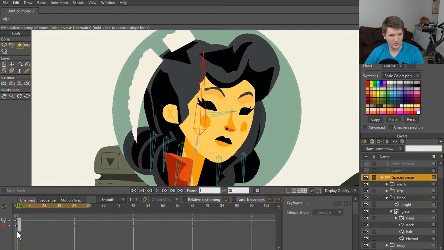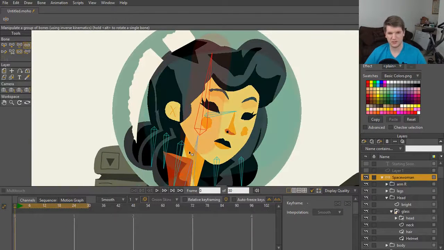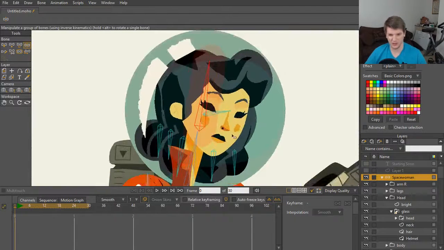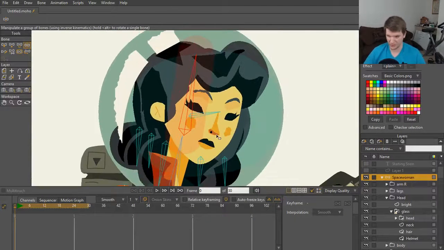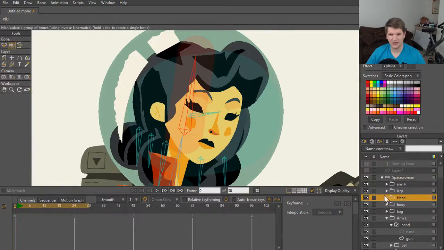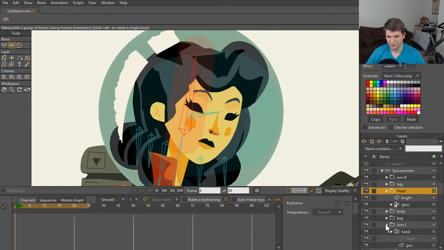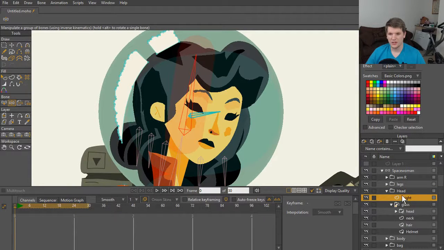So one of the things that is obviously wise that most Anime Studio or Moho Pro users know, but if you do not, whenever you have a lot of assets like in this head, it is very wise to put all of those assets inside of a folder. And the reason being is because all of these assets, let's bring them all up here. Okay. So all of these assets right here,